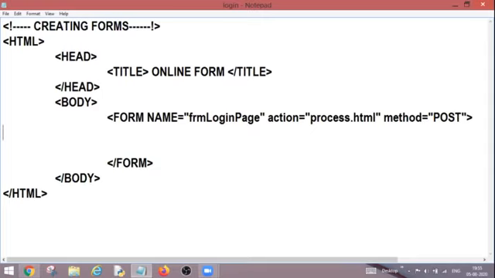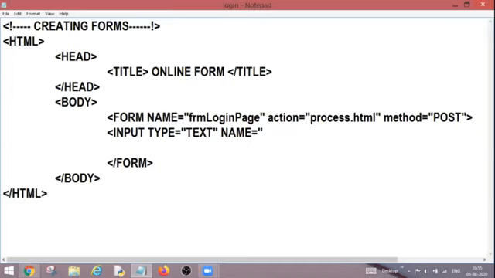So let's watch it. I'm going to add one control by the name input, and the type of the input is text, because I'm going to add a text box. Now I need to decide the name for my text box. As I told you last time, we can use the camel case naming convention.